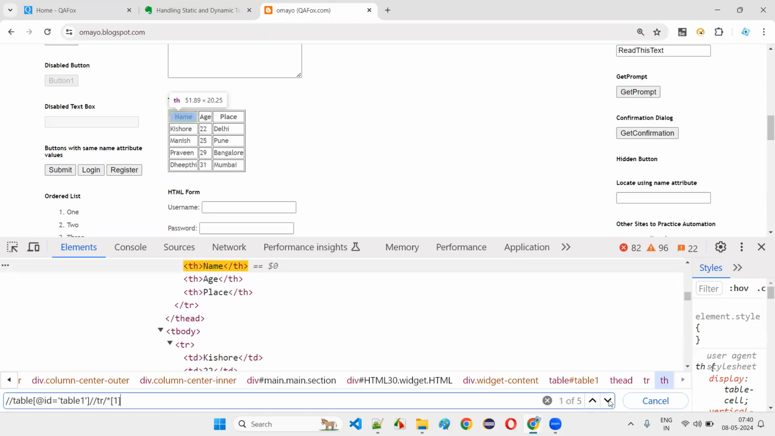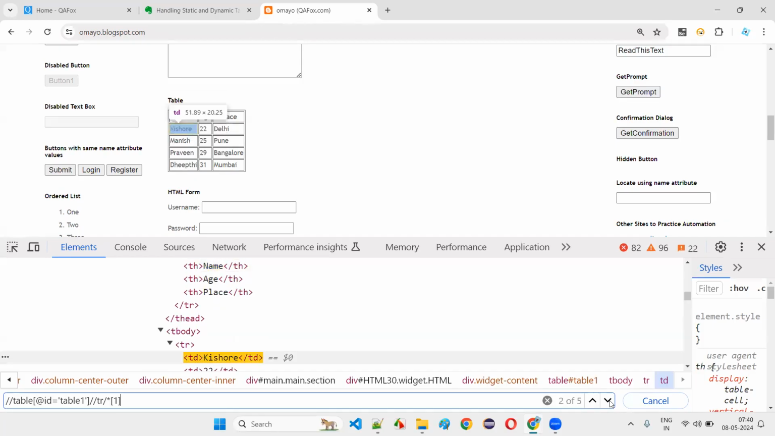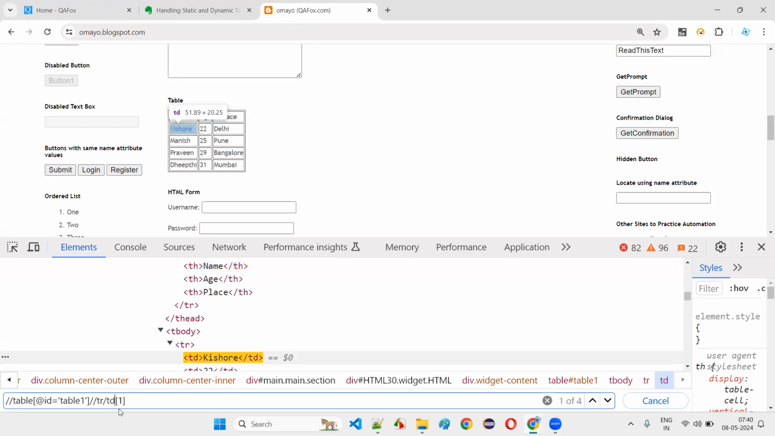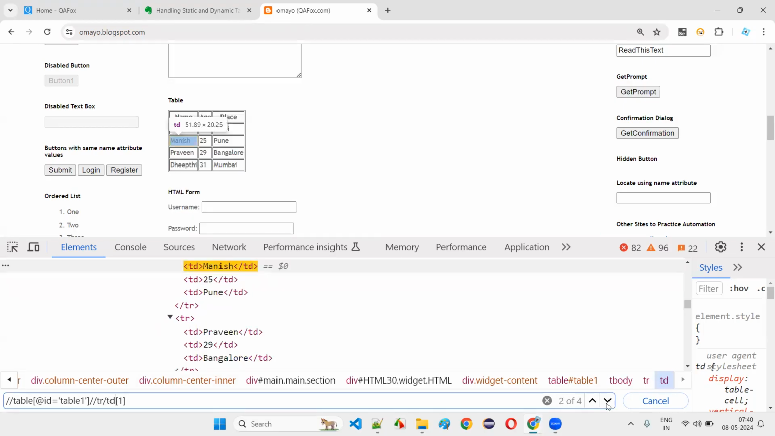Name, Kishore, Manish, Praveen, Deepti. First column data and table heading, the first column heading will come. Only if you want the table heading, use TH. Only if you want the table data in the first column, use TD of 1. If I give TD of 2,